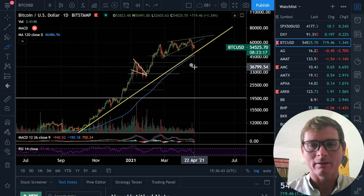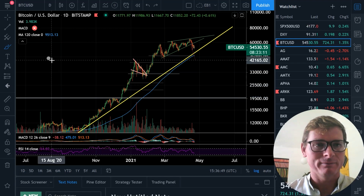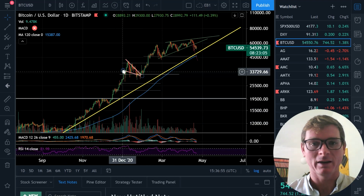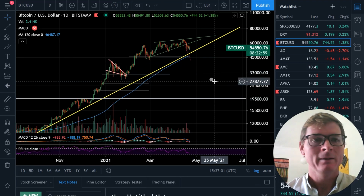And I know everyone says Bitcoin doesn't do technical patterns like everything else does, but it has been doing it this year. I mean, we've just gotten a bull flag, and then we got this 5 wave bull flag pattern into this triangle, and it pulled down. Let me zoom in